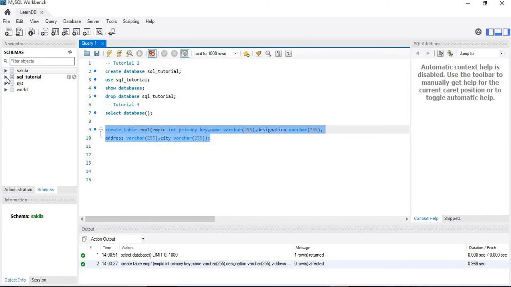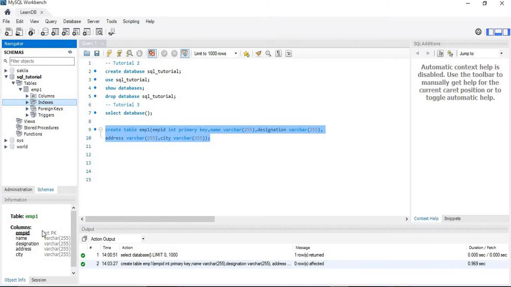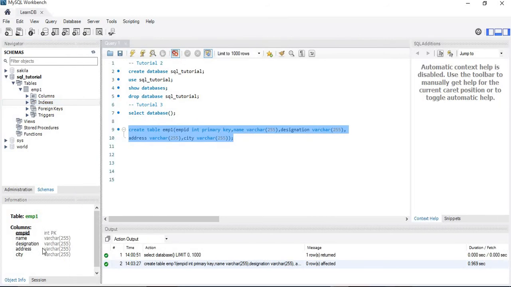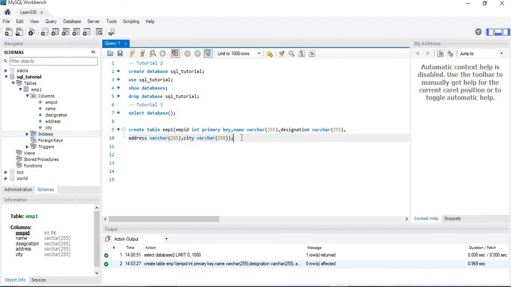If we go to the database and refresh, the employee EMP1 table is created, and see, the index is the primary key. Employee ID is PK, primary key. Here we can see all these things. We did not mention any foreign key or triggers, and the columns are employee ID, name, designation, address, and city. So in this way we can create the table.